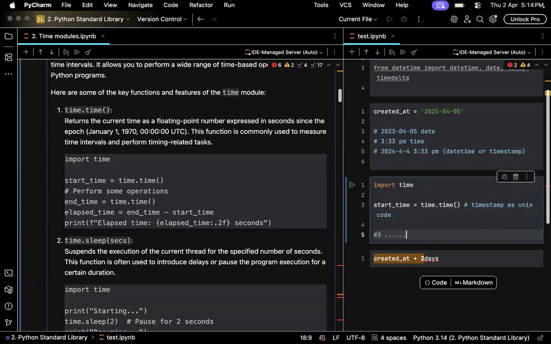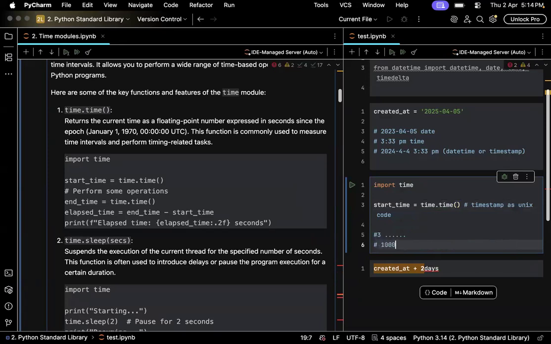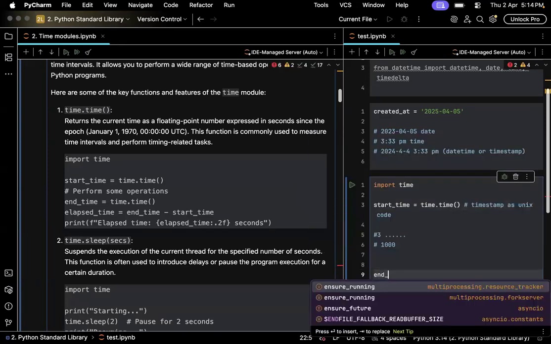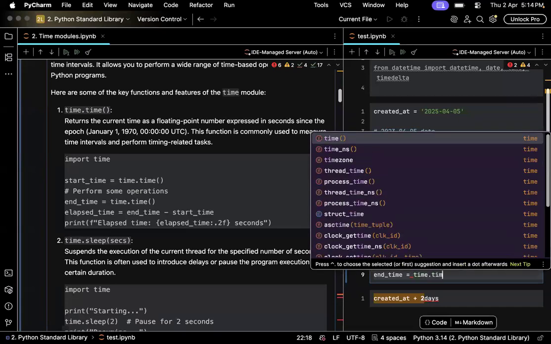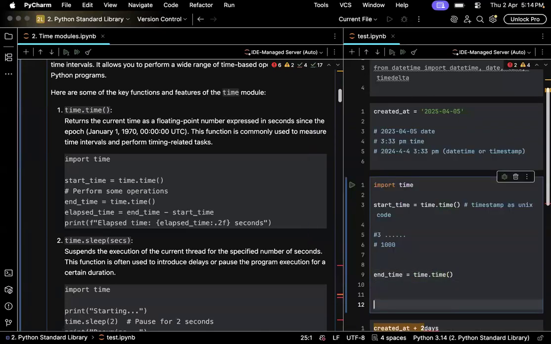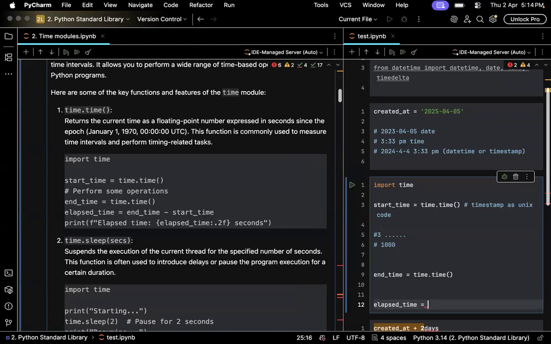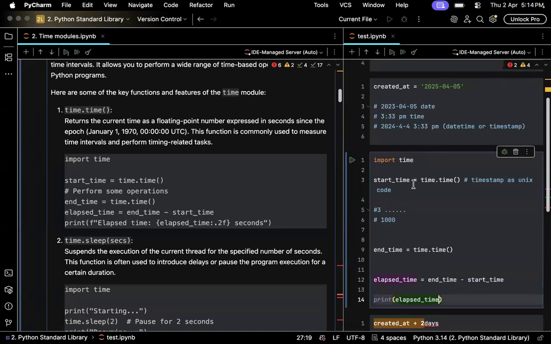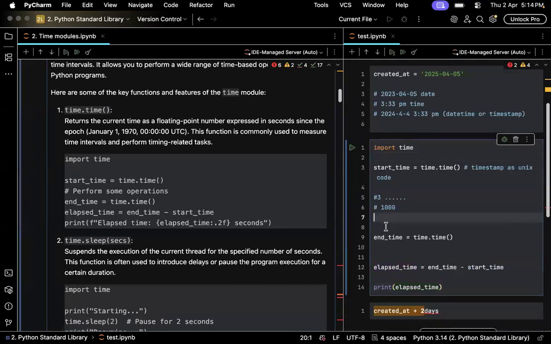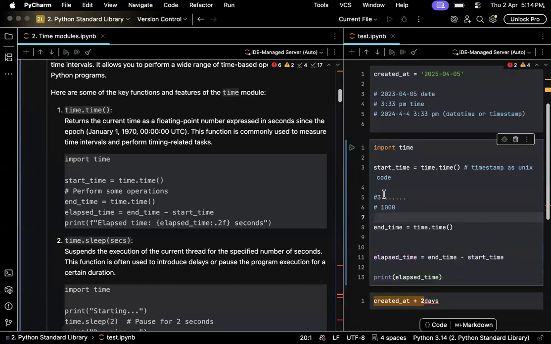Now here I can write my 100 lines of code. I'm just writing small comments in here. And then at the end of the code, we will capture the time again. And then if we subtract them out, elapsed time is nothing but end time minus start time. This is one use case of the time module. Use it to record how much time it took for us to execute code. We record the time at the starting, we record the time at the ending. When we subtract it out,